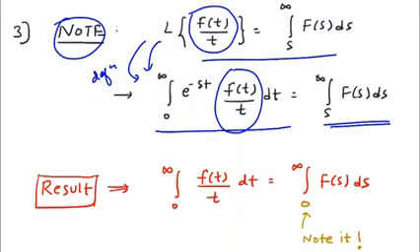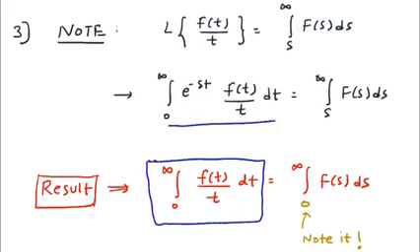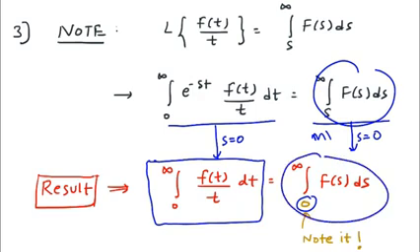Now there is one important note. If the examiner says find integral 0 to infinity f of t upon t dt, basically use this format. And if you substitute s is equal to 0, you will get your required answer, right? So after solving here, you will get the answer in terms of s. Just substitute the value of s as 0, or you can simply change the limit, right? So the limit is from 0 to infinity, still I am getting the same answer. So there are two ways: either solve this integration and then put s is equal to 0, which is method 1, or simply use method 2 where the lower limit is 0.